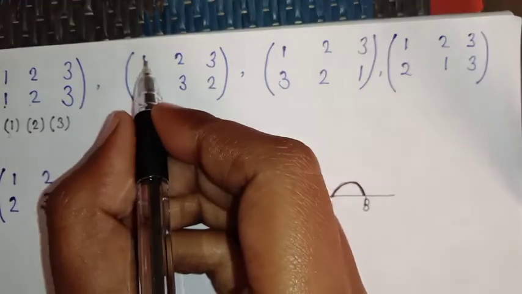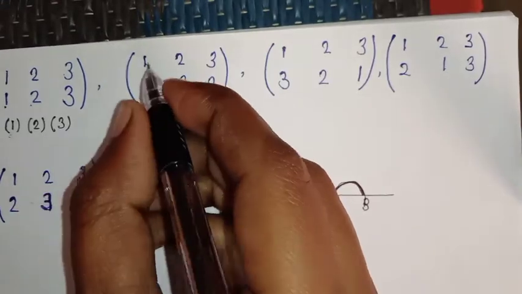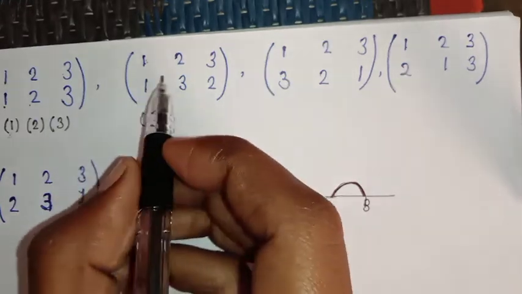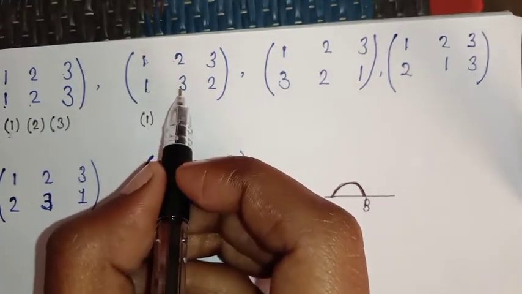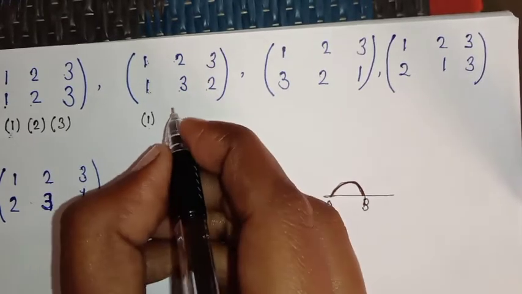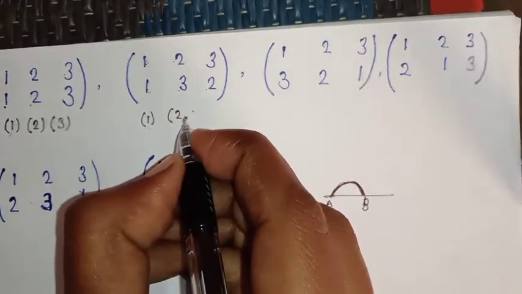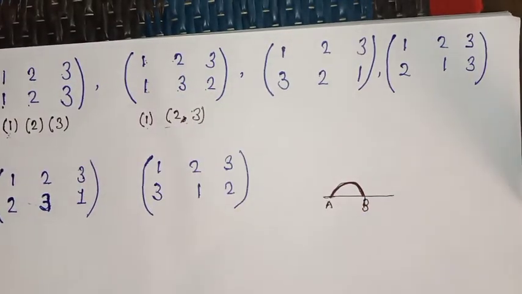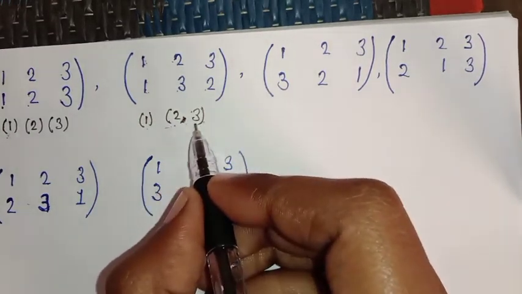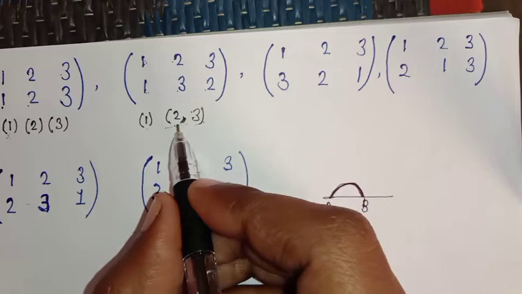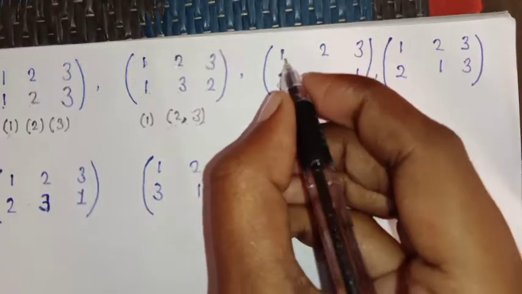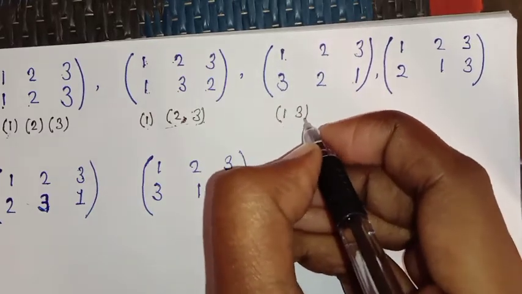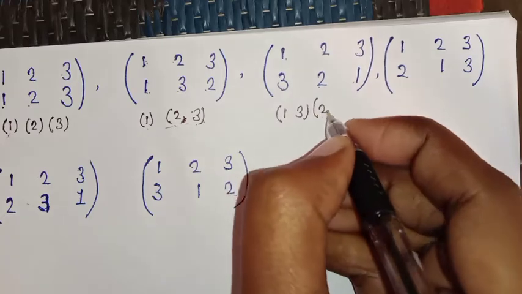So if we see here, 1 is going to 1. We start from 1 and reach 1, so one cycle is completed. Now see here, 2 is going to 3, then 3 is going to 2. So a cycle of length 2 is obtained. And we have no need to write a comma here. Comma is not used between the elements of a cycle. So (2 3), a cycle of length 2, is obtained because the number of elements in this cycle is 2. If we see this, then 1 is going to 3, 3 is going to 1. So a cycle of length 2, that is (1 3), is obtained and 2 is going to 2.